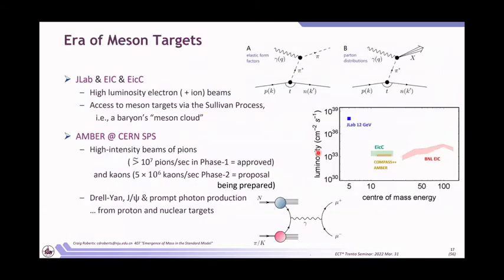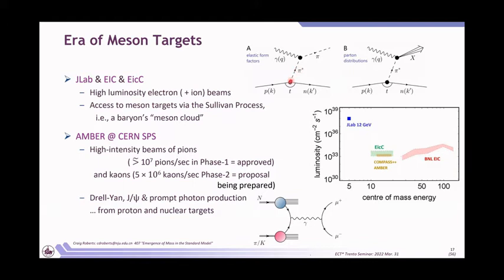It's possible now, after 100 years, to begin imagining using meson targets, and so exploiting this identity between the one-body problem and the two-body problem. JLab, an electron-ion collider in China, they can use high luminosity electron and ion beams to access meson targets, pions and even kaons, through the so-called Sullivan process, tuning the kinematics so that this off-shell pion is nearly on-shell, and